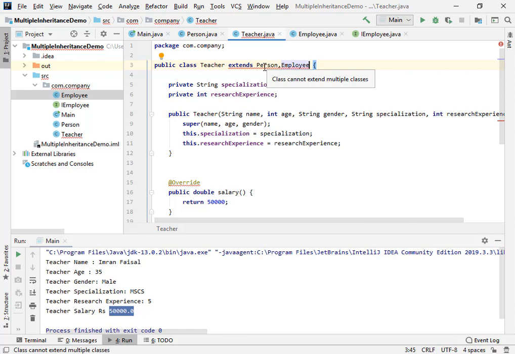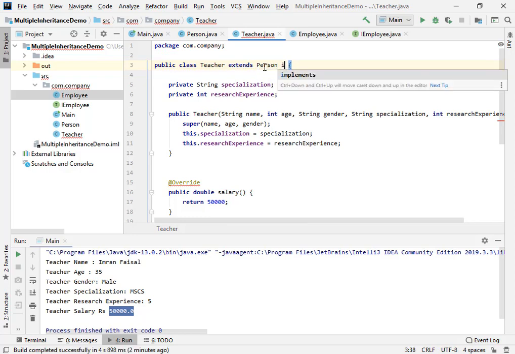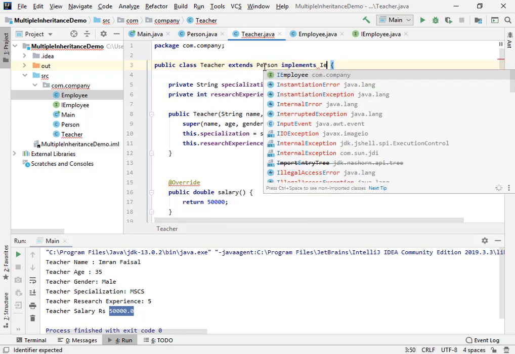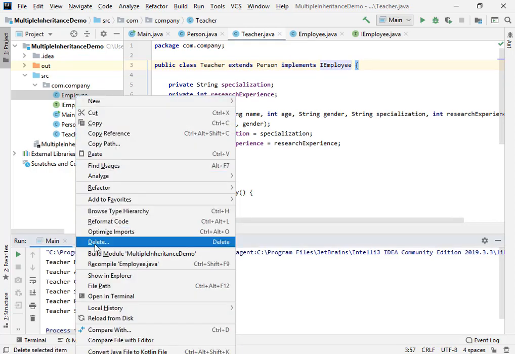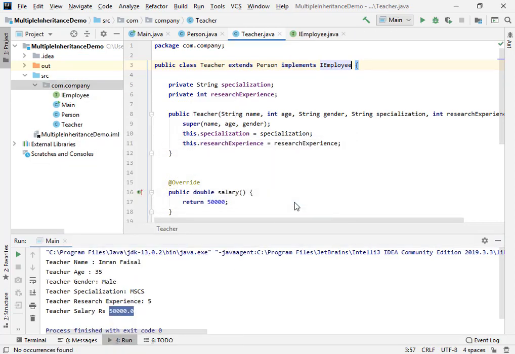By the use of interfaces, you can basically implement as many interfaces as you like for a particular class. Alright, so let me now correct this. I'm gonna one more time implement from the Employee interface, and I will delete this. Okay, so you can see that this is the most basic example for the concept of multiple inheritance.